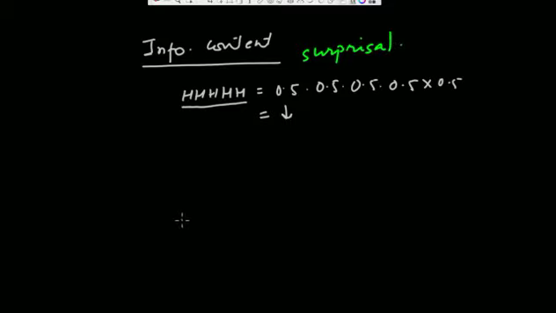If the probability of an event is higher, then the surprisal value is less. If the probability of an event is very low, then surprisal value or information content is very high. So information content I of x is given by the inverse of probability, 1 over p of xi. Now generally it is expressed in log 2 form.